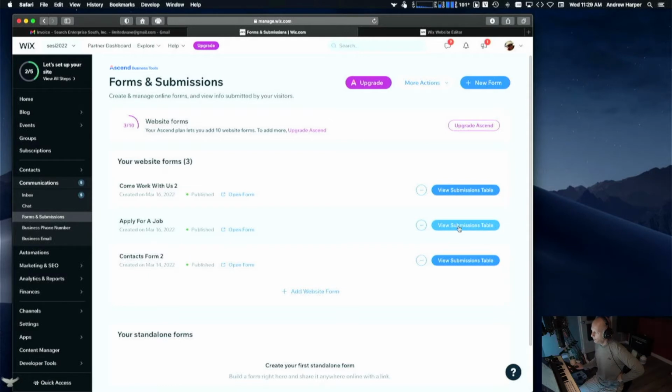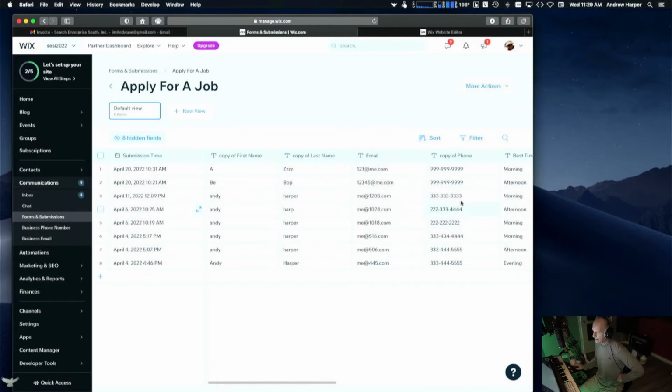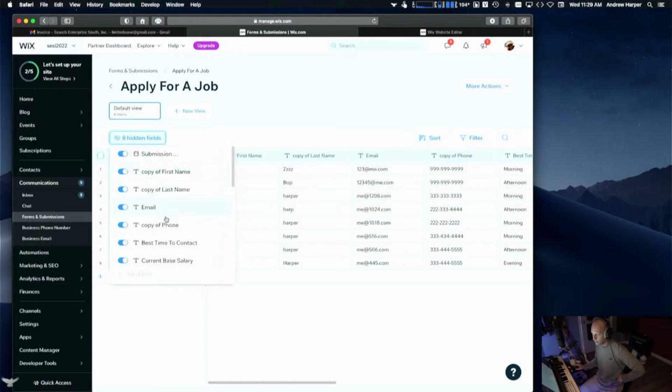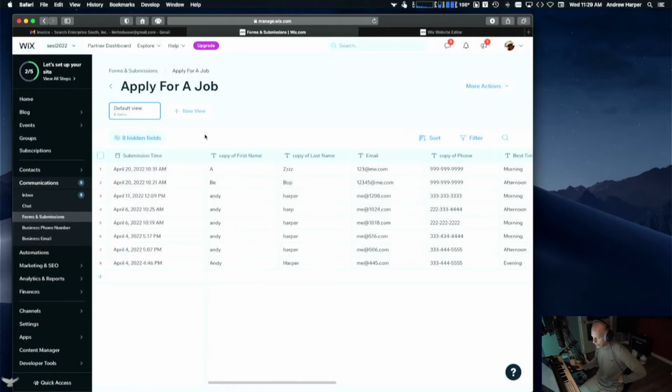So if we actually want to view them, we can just go here, view submissions table, and boom, there you go. You can filter and sort them any way you want. You can search through it and stuff. The 8 hidden fields you don't have to worry about. For now, don't worry about this stuff. I'll go back through here and probably tidy up your forms and just make sure there's nothing goofy like that